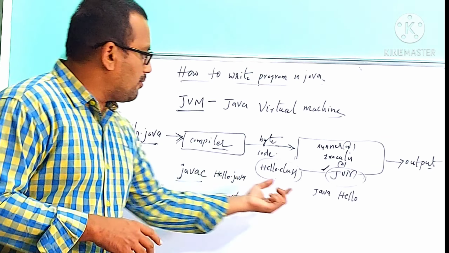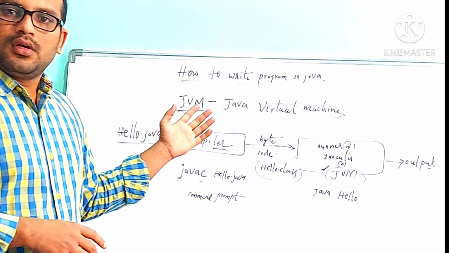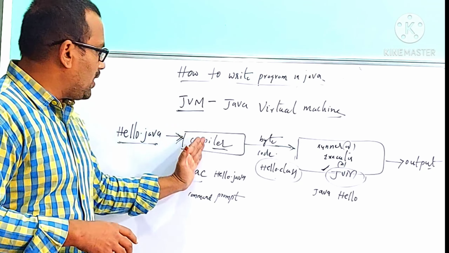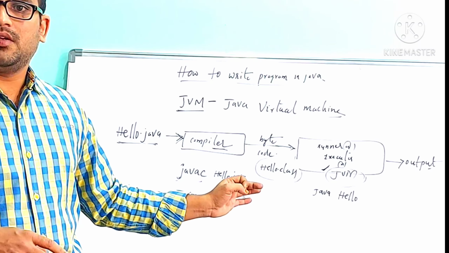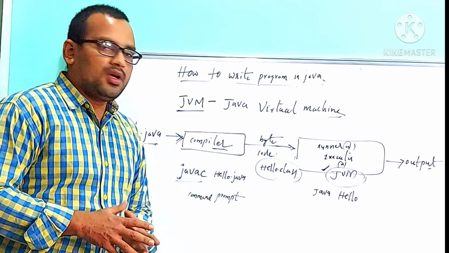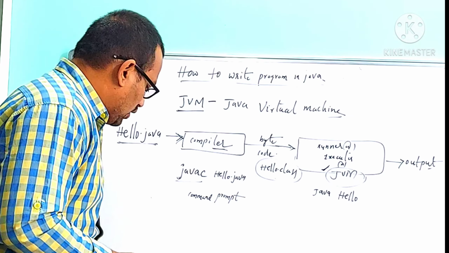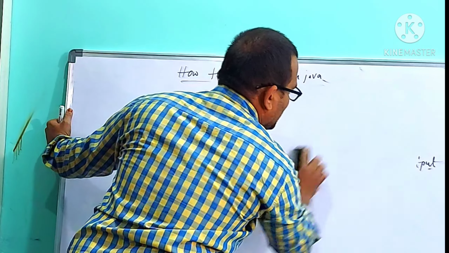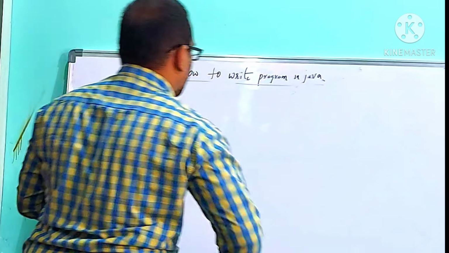How to execute the program? By using the command java space program name. So in the first step, we need to give the program to the compiler. In the second step, we need to give the program to the Java virtual machine. When you activate the Java virtual machine, it executes the Java program and displays the output to the user. So this is about Java virtual machine. If you have any doubt regarding Java virtual machine, please comment, so that I will reply and mail you personally. Okay.